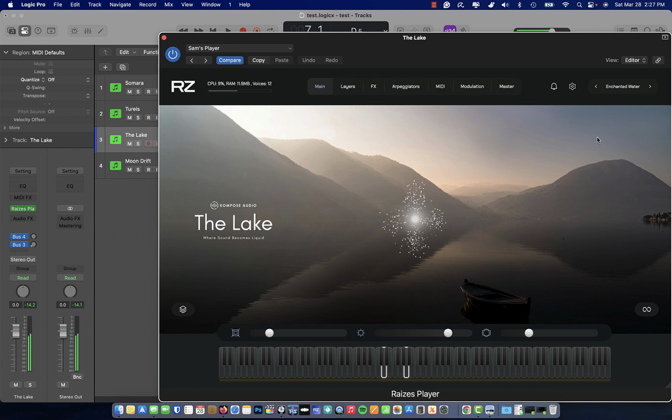I mean, how rich is that? I just love the way this builds. Of course, you can change the envelope if you need it to be faster or slower, coming in and coming out. All right. Now, something that's kind of driving me crazy with the Raizes Player is I have set some